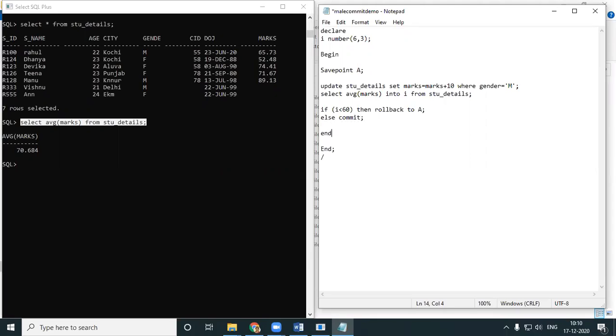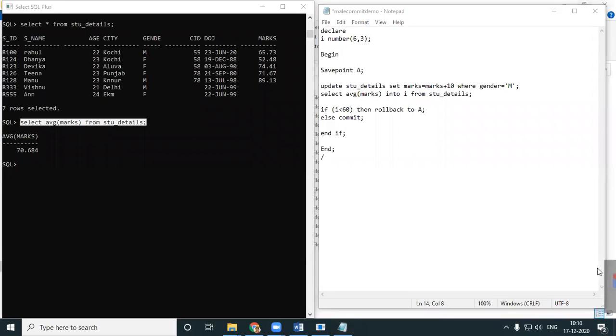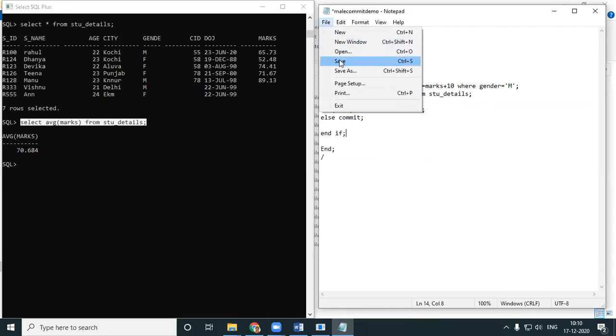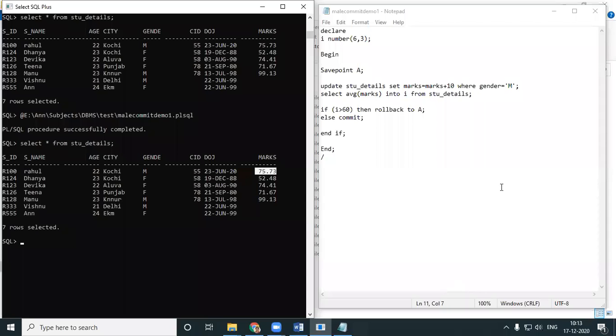I'll finish it off. I'll save my program. Look here, marks did not change because it is greater than 60.